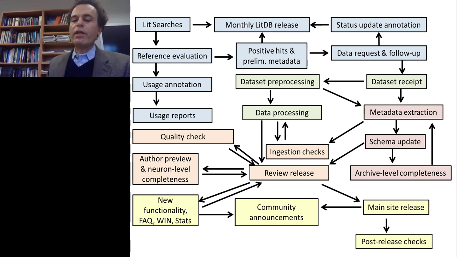At the beginning, a minority of the data were deposited in the database. Now, approximately 80% of our requests are honored by the authors. So we receive the data and we process those data to standardize them into an open, non-proprietary format. But we also check for common inconsistencies in data files that might affect downstream analysis. We also annotate the metadata from the data set that we receive, linking them to evidence in the literature, and then we update the schema of the database to make sure that all data are searchable by metadata as well